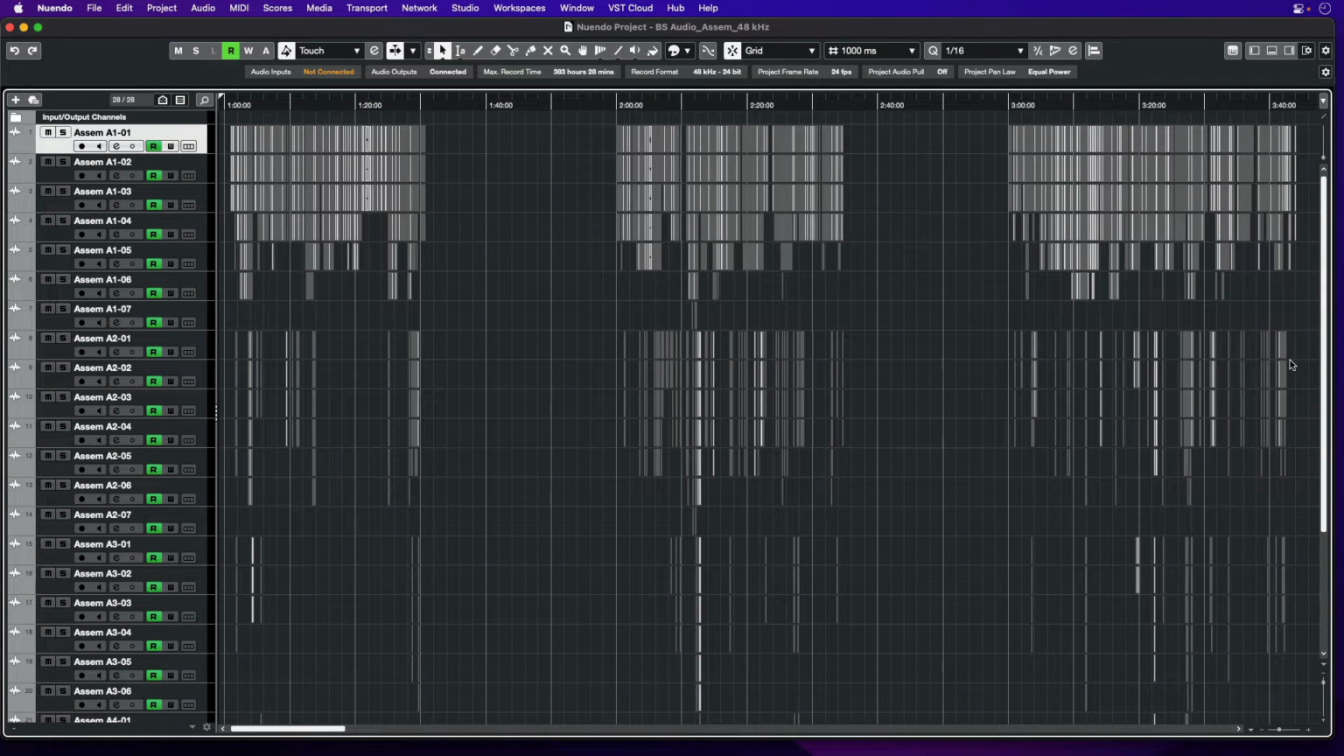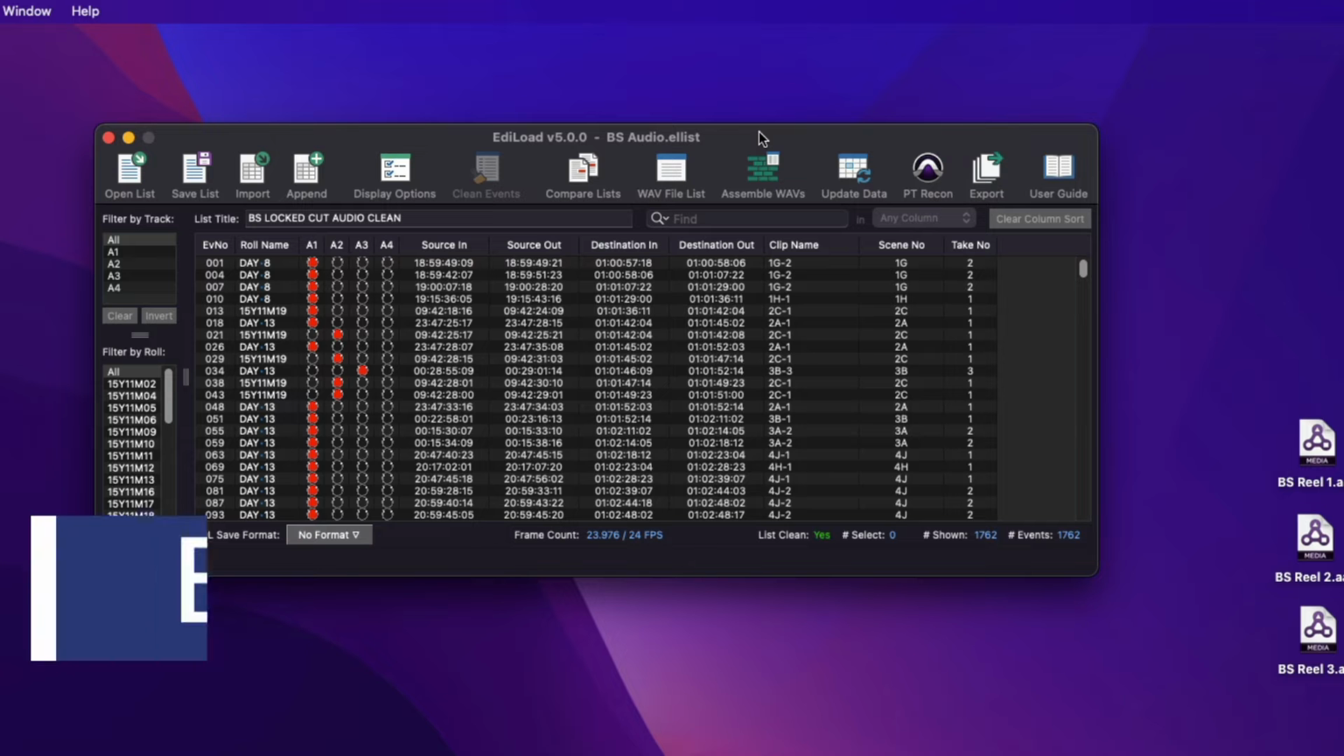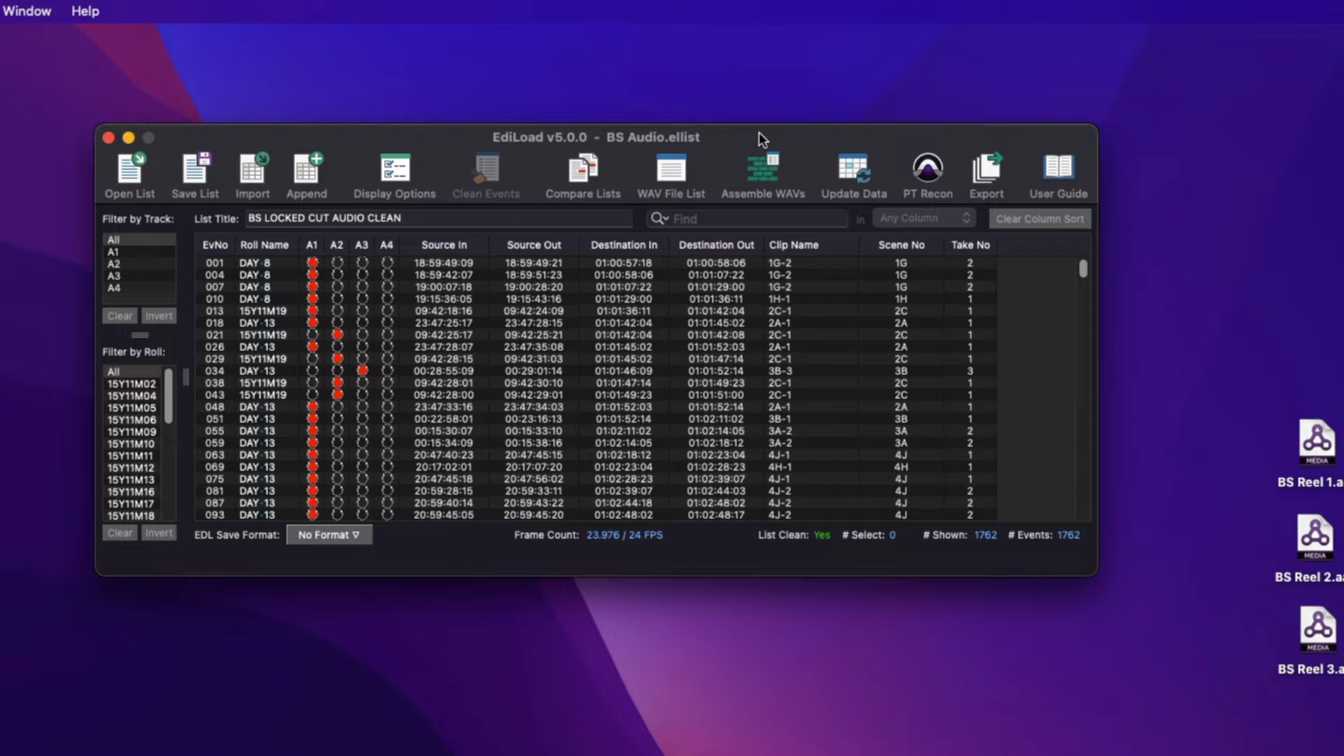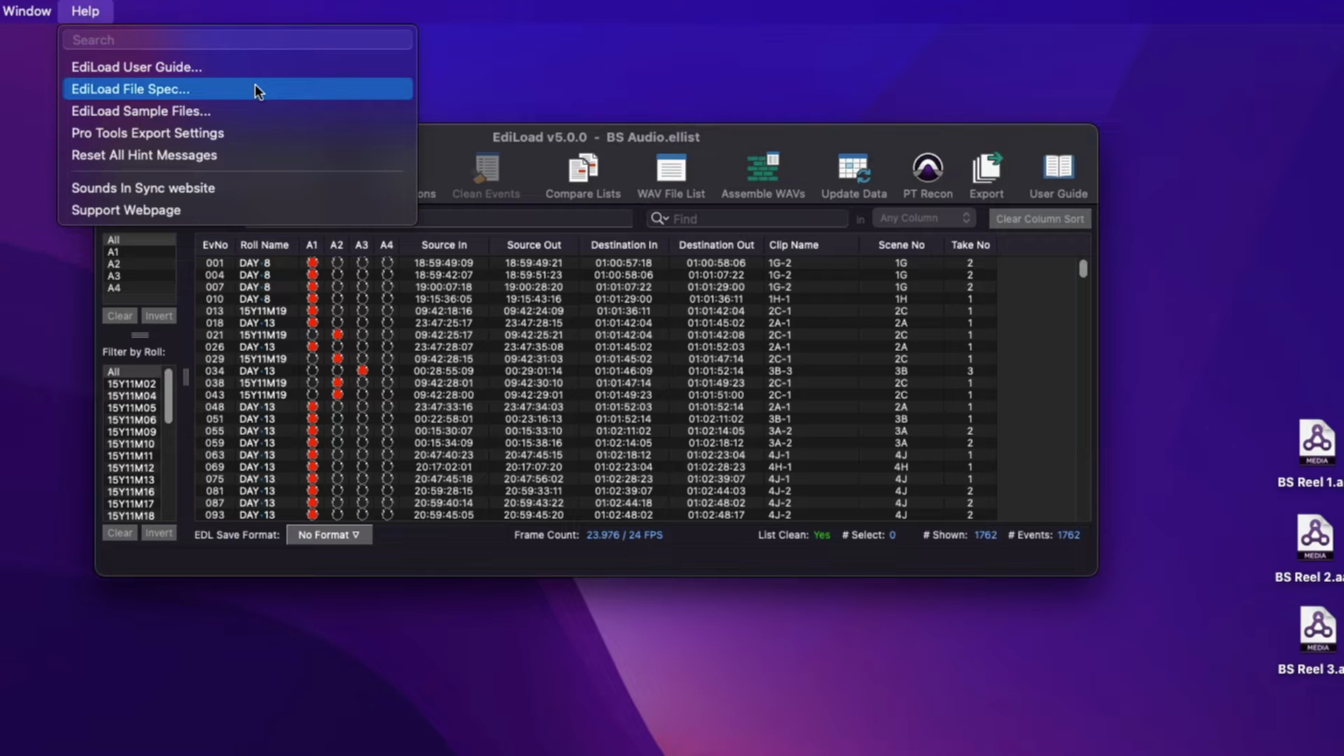dialogue editing. Now that you've seen how quickly EdiLoad can perform an assembly, let's have a look at what files EdiLoad requires. For starters, you'll need an edit list from your picture editor. See the EdiLoad help menu to save the EdiLoad file spec PDF. Send this to your editor so they know which type of file to provide, along with the settings to use